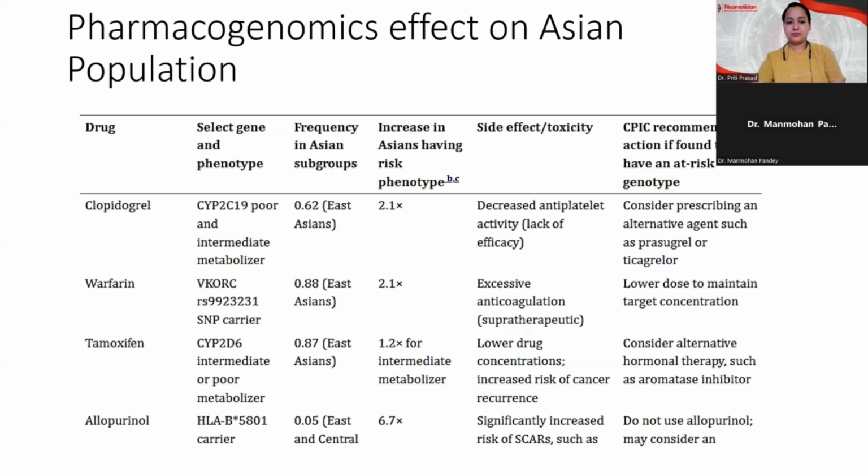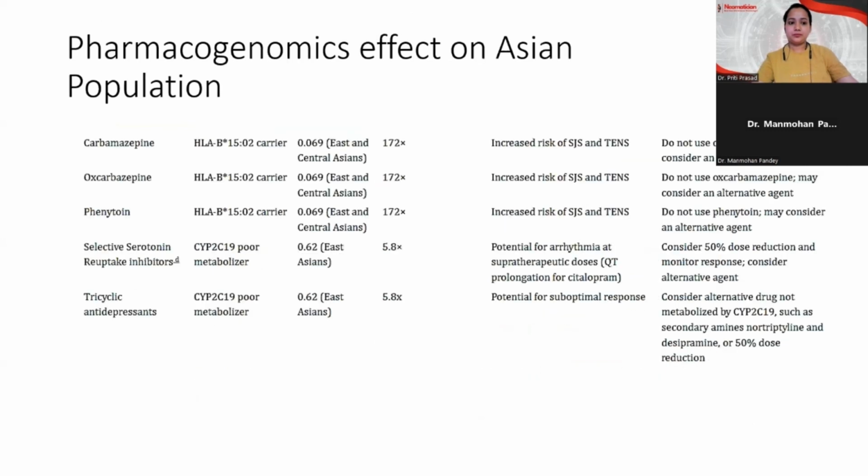And that's why Indians are prescribed antiplatelet therapy, especially clopidogrel, in lower doses. There are also other drugs, like warfarin and tamoxifen. So all these drugs are population specific. That's why, while considering drug doses, pharmacogenomics is recommended, because it gives us insight into where dose criteria can be adjusted, and into alternate prescriptions of the drugs. Next slide, please.